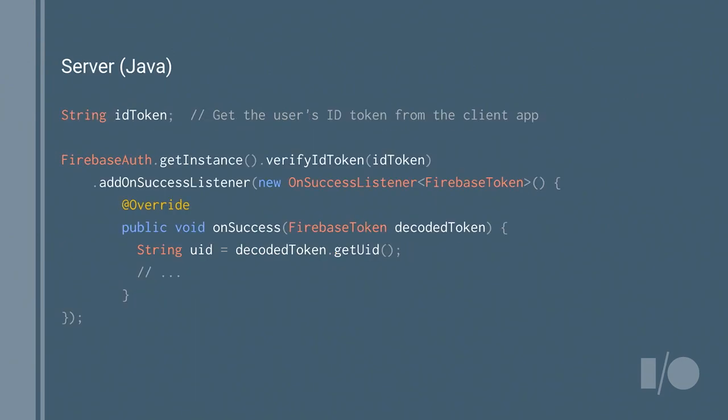Now, the Firebase Authentication Server-Side SDK has been launched with the rest of the Firebase Authentication product, which we announced 2 days ago. It exposes an API that you can see right here called Verify ID Token, which does all the heavy lifting for you of decoding the token, verifying its signature, and doing a bunch of additional security checks too. Once the token has been decoded, it contains all the information that you need.